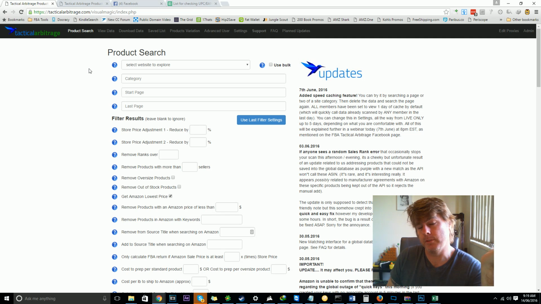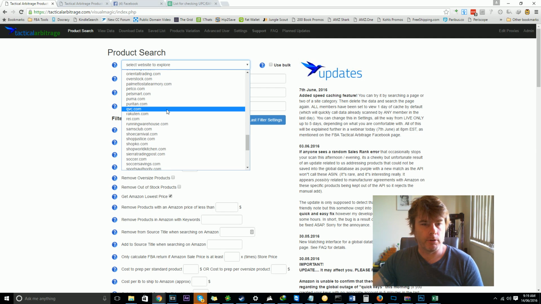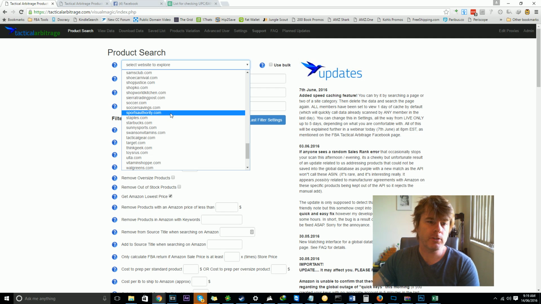So that all goes towards making the FBA calculation a lot quicker when it comes to adding products or going through thousands of products in your scans, which is at the end of the day what we want to do: speed and accuracy. So I'm going to start by showing you a regular non-cached scan